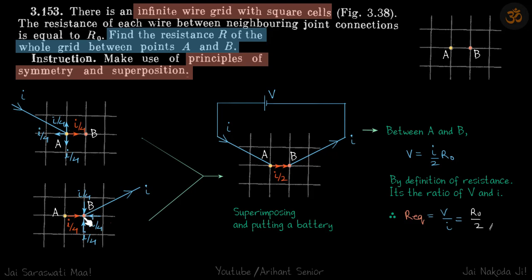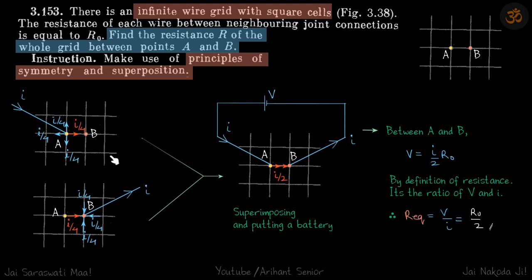Now suppose we are taking current out of this grid at a point B. This case is different. Here, again by symmetry, I by 4 current is going to come from all four sides. Now we are going to superimpose both of them,